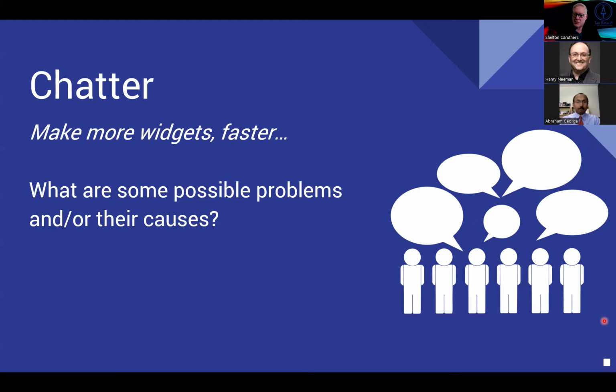Not enough resources, safety. Yeah, you risk losing the safety, more mistakes, cutting corners, quality, no motivation. That's a great one. Lack of personnel, not enough physical space. The assembly line is full and doesn't move faster. We're putting production on hold to build a different product. Limited resources. Yeah, or just in time supplies. We can't control that, maybe. Injuries. Yeah, exactly. Danger. All these are potential problems.